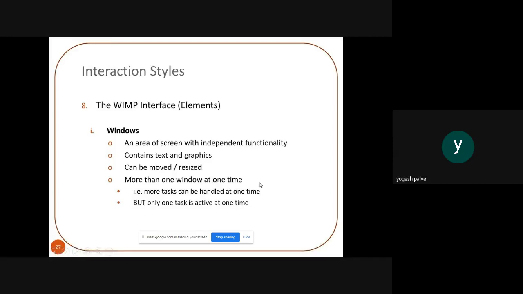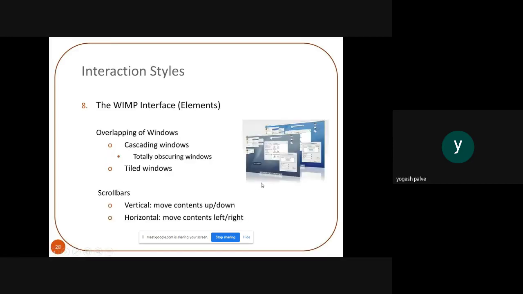Then we will see the overlapping of windows. Whenever the user is multitasking in the application, there will be overlapping of windows. So there will be cascading windows, which totally obscure the window, and second will be tiled windows. So the user can easily do their task.